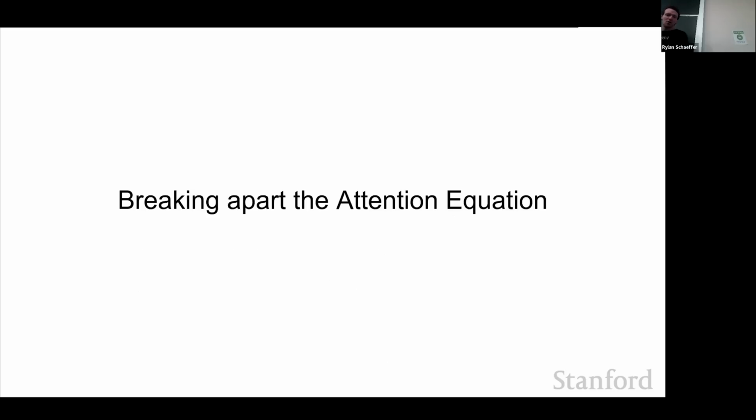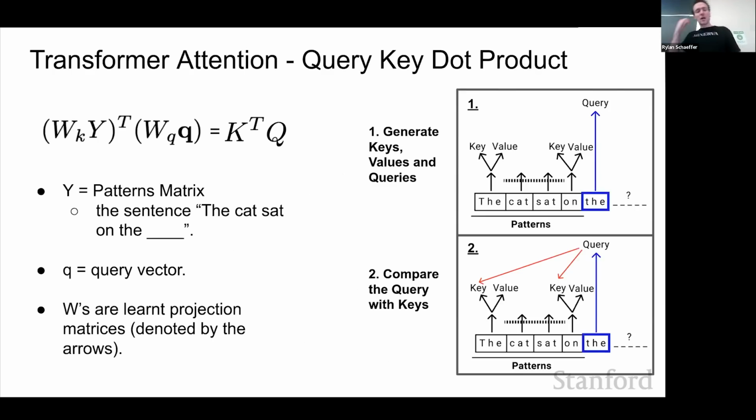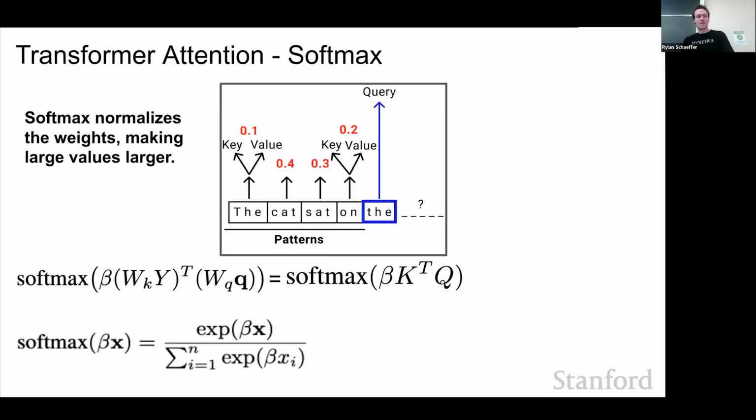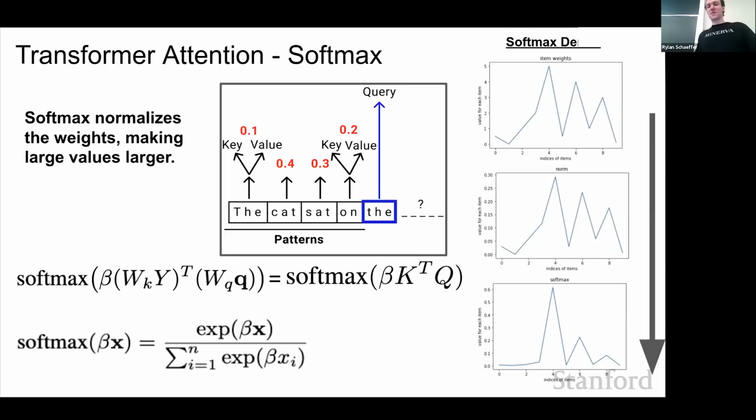And yeah, so breaking this apart, the first step here is we do a dot product between our query vector and our keys. This should actually be a small q, capital Q, something for that. And so we're doing this dot product between them to get a notion of similarity. We then apply the softmax operation, which is an exponential over a sum of exponentials. The way to think of the softmax is it just makes large values larger.